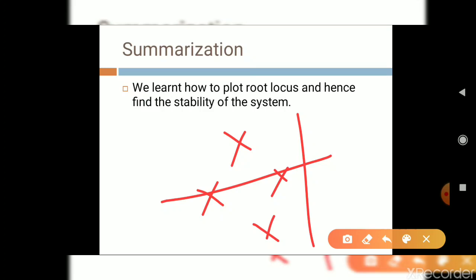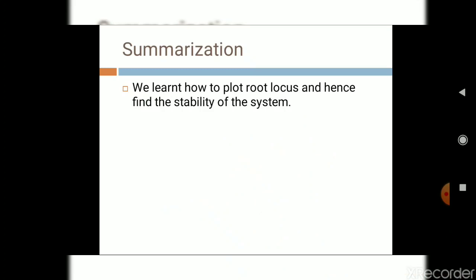Here it is a complex conjugate pair, so take the angle made by this pole with the other poles, for this and this and this. So three angles will be there; you need to add all these three angles, which becomes phi, and subtract it from 180 degrees. Then you will get the angle of departure phi d. I hope we have achieved all our learning objectives and outcomes from these sessions, that is the steps, then plotting the root locus, and commenting on the stability.